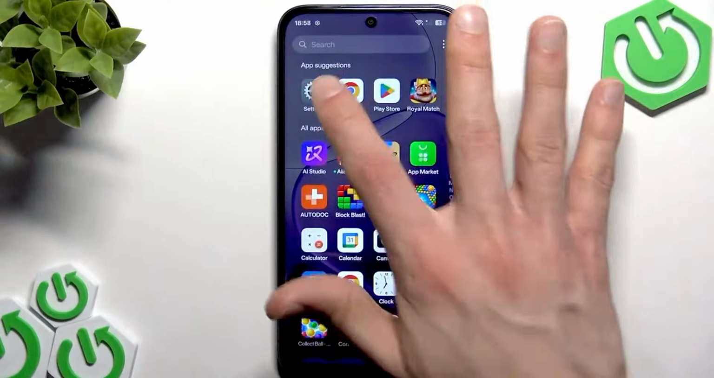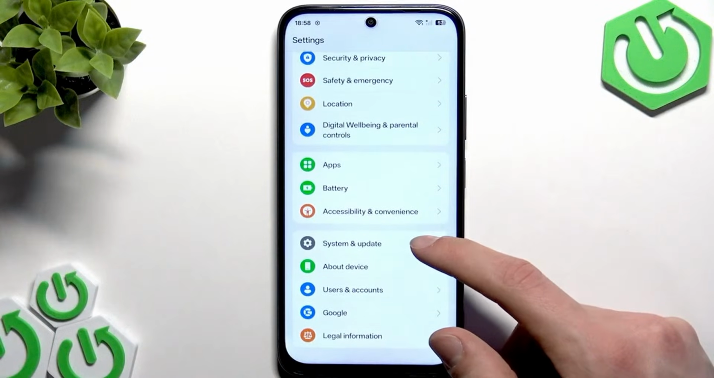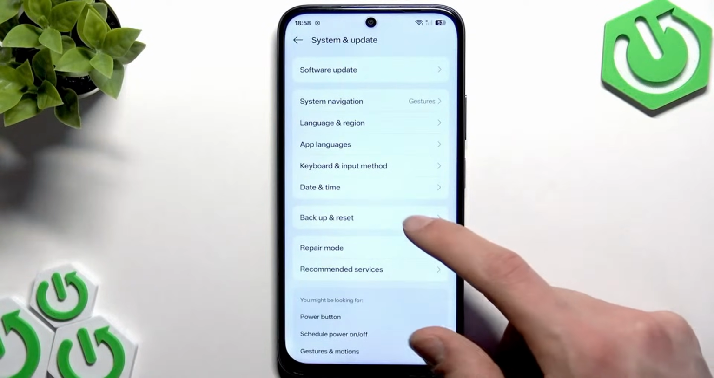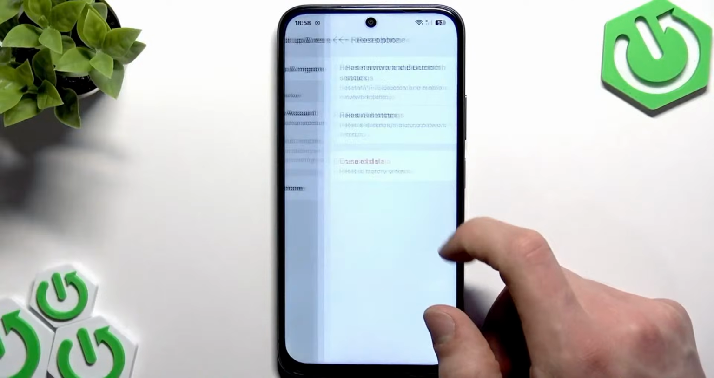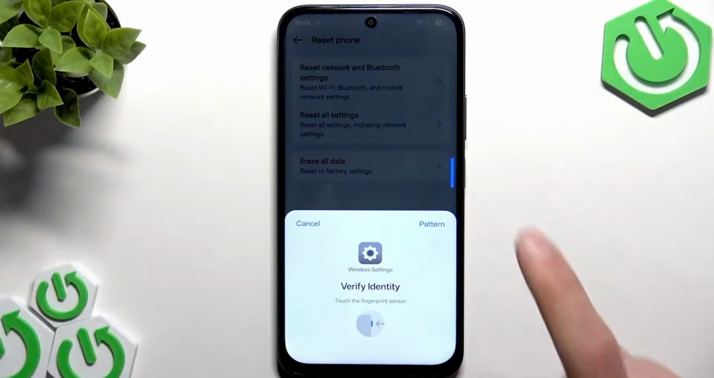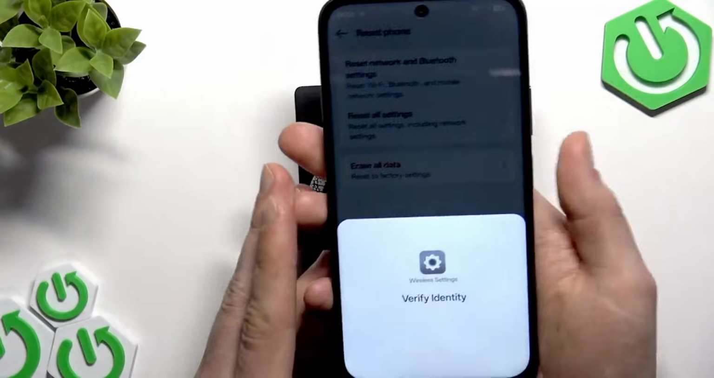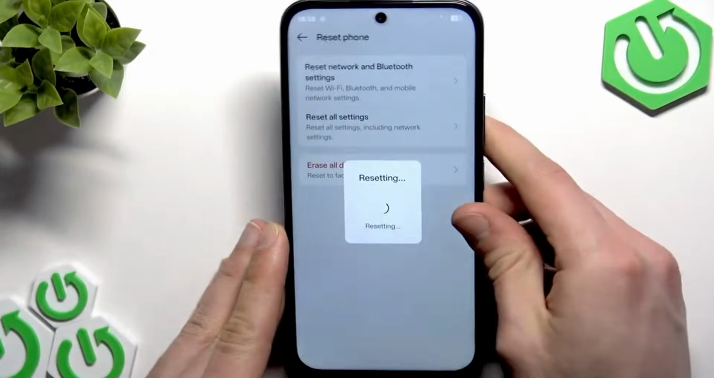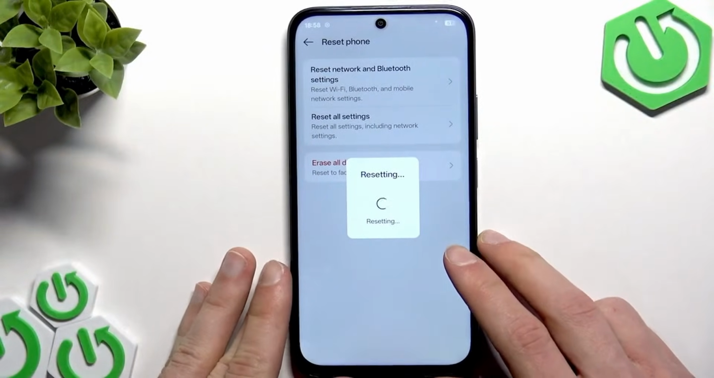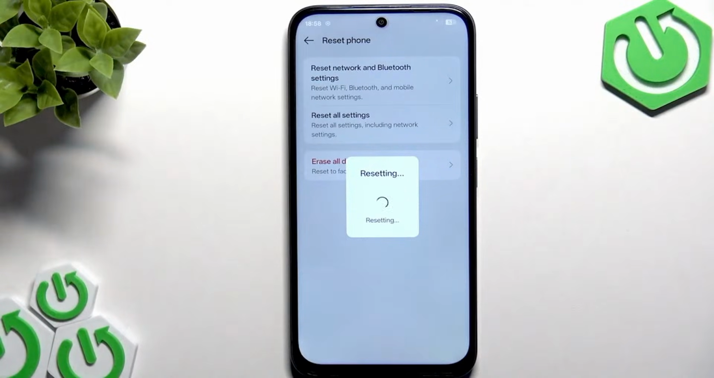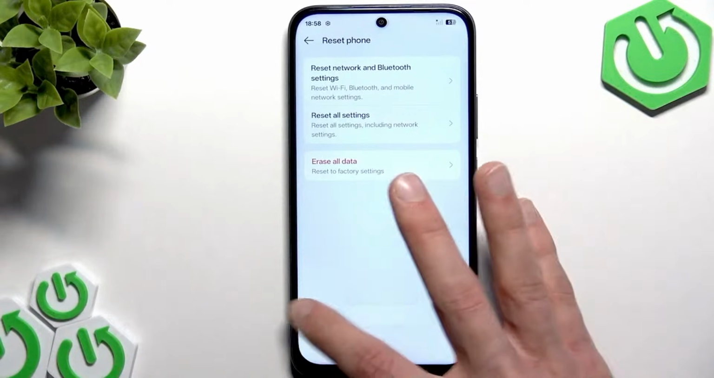And if it hasn't improved, then what we can do is go to settings, then go to system and update settings, go to backup and reset, reset phone, reset network and Bluetooth settings. However, this will also affect your Wi-Fi and your Bluetooth devices in a way that you're going to have to reconnect your Wi-Fi networks by re-entering the password to them and also repairing your Bluetooth devices in a regular way. To confirm this action, use either your fingerprint or your password and tap reset, and then let your phone reset the network connections. After that, your phone should be able to freely use your mobile data again,